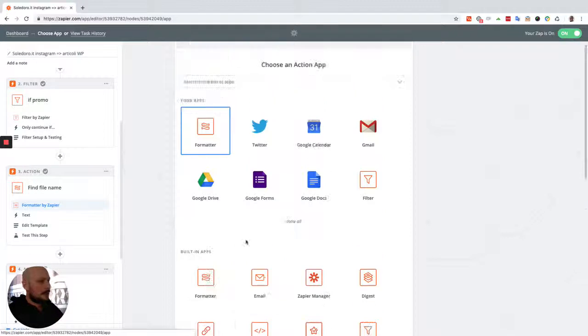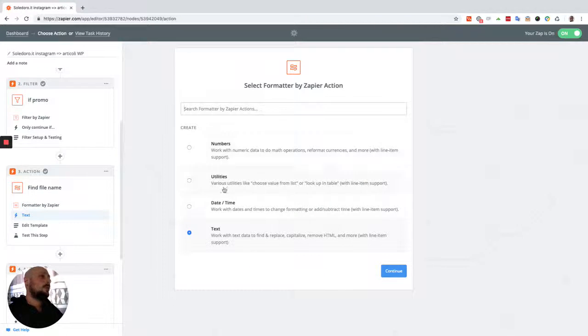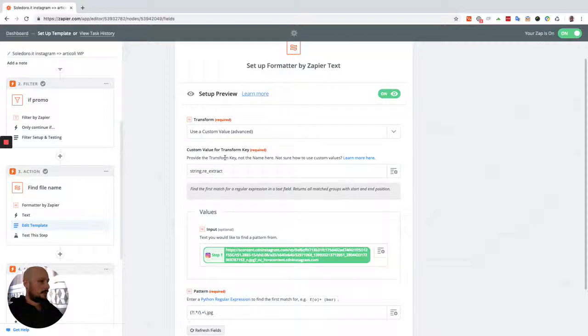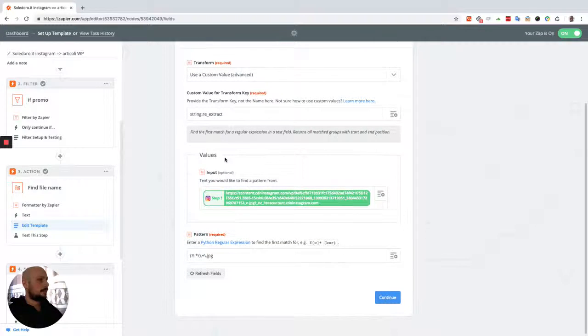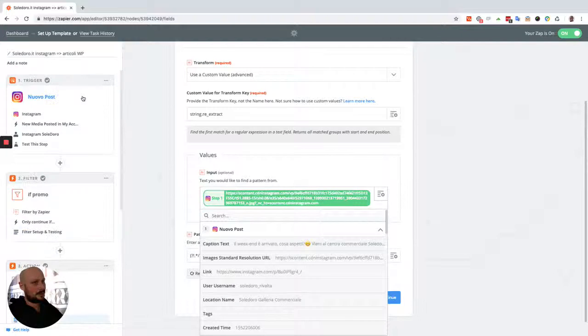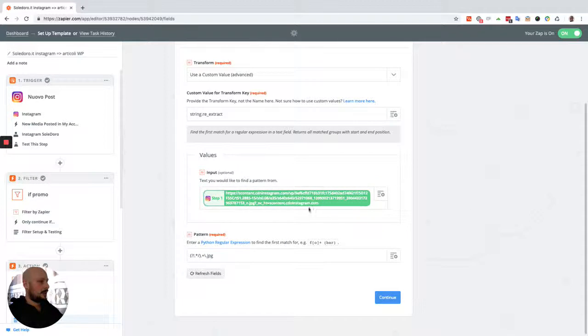As I already told you, so you're going to use the formatter. You're going to choose text because you're going to work with text. Then you're going to continue, and you're going to have the possibility of using transform, so use a custom value, so use an advanced feature. You can use a custom key string, regex extract, and then you choose from what you have here from the new post you generated. So the first step, you will be getting the image standard resolution URL, and that's it. You see that as we have it, the file name, which by the way will be needed in the next step,